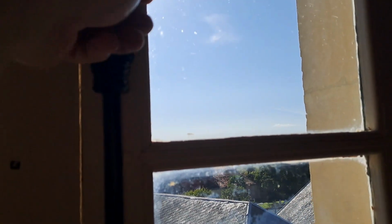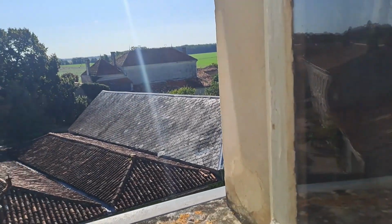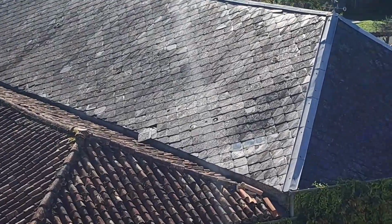Well, every week or two I like to have just a little check around the maison de maître here. Just make sure everything's okay inside, even though I haven't really done any work in here for a long time. It's a good idea to check everything's okay, and everything seems to be as I left it last time. But I've noticed something across the yard. I'll just show you. Well, you wouldn't tell it by now, but the last couple of days we've had some pretty heavy thunderstorms, and just looking out at the barn, and look,